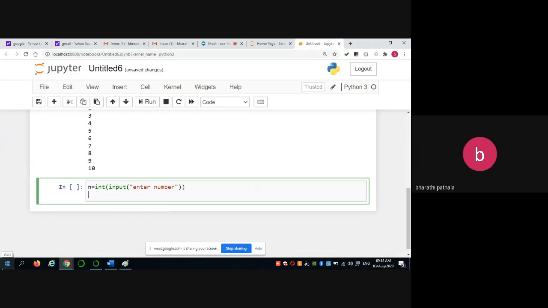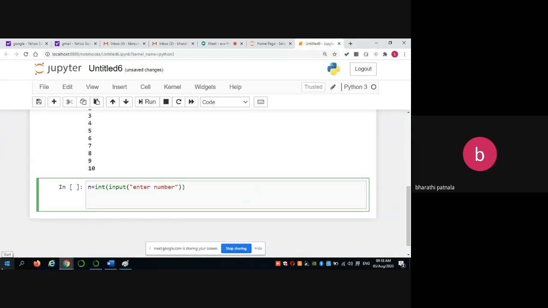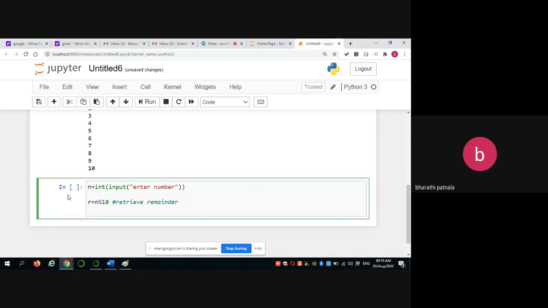Okay. Next, what we have to do? First, we have to retrieve the remainder. So to get the remainder, we have to use the modulus operator and divide with 10. Retrieve the remainder. So R is equal to n mod 10.